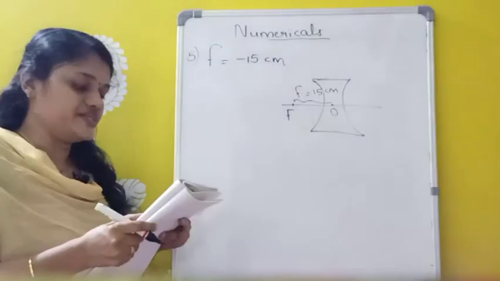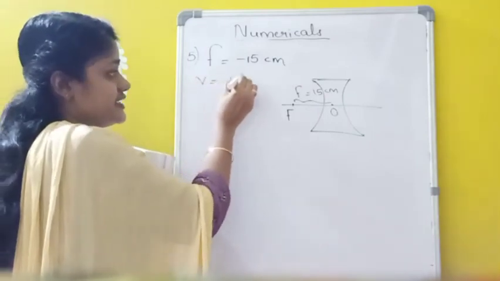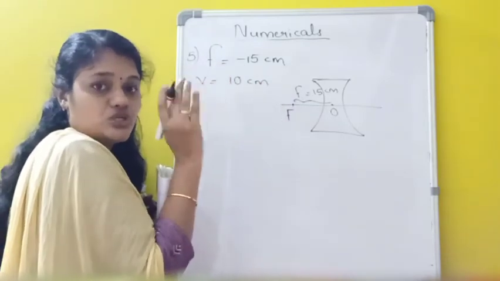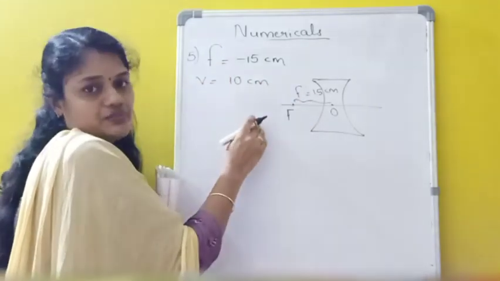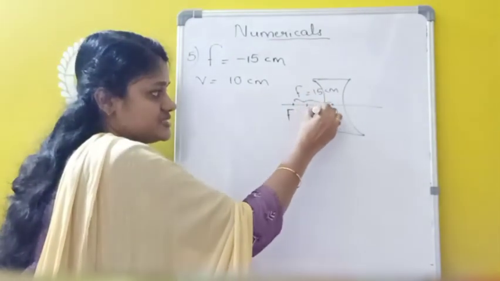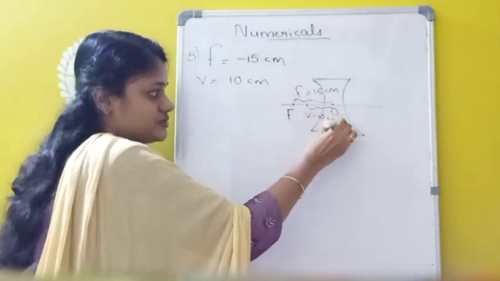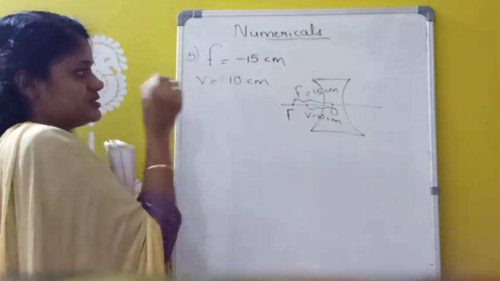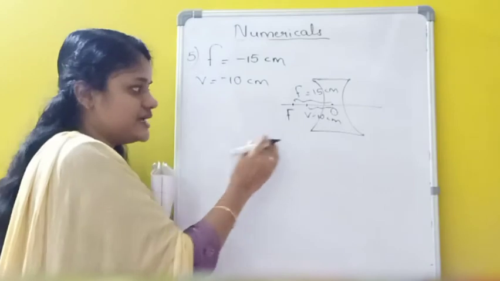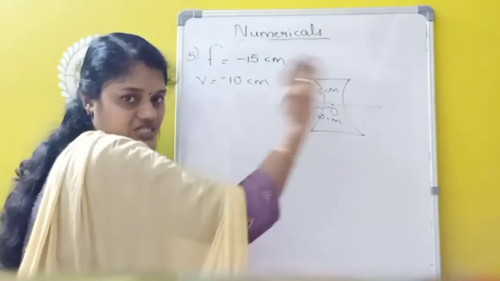And this image is formed at 10 cm from the lens. That means image distance V is given as 10 cm. Okay. So this concave lens always forms image only on which side? On the left hand side only. That means image we are getting on the left hand side. It is given as 10 cm distance. So V equals 10 cm. So that means we can take it as minus. Why are we taking minus here? Because a concave lens always forms image only on the left hand side of the lens. It cannot produce image on the right hand side.